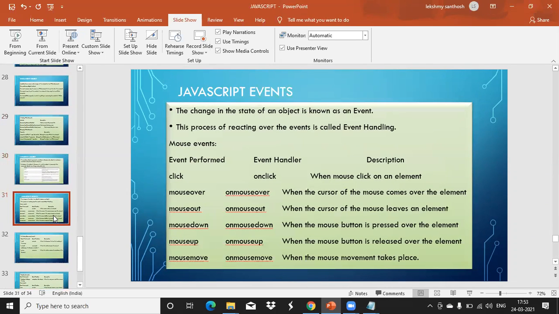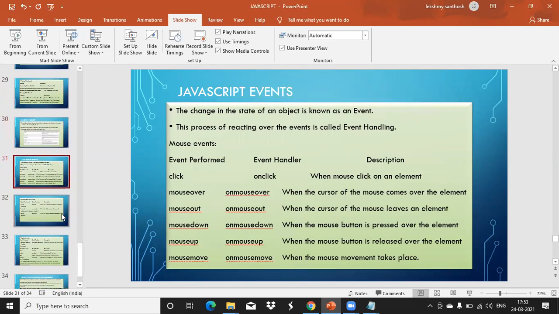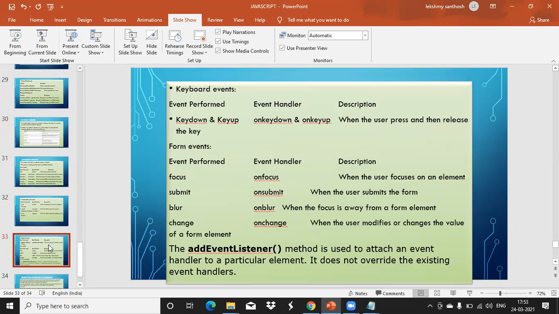Now we learned about events. How many types of events are there? Mouse over, mouse out, all those things. I think you are clear about all the examples. Page and form events are there; I focused on that only. Then we will do forms, with validations and so on, and at that time I'll show you examples with onsubmit.